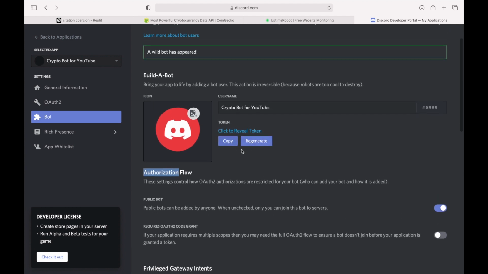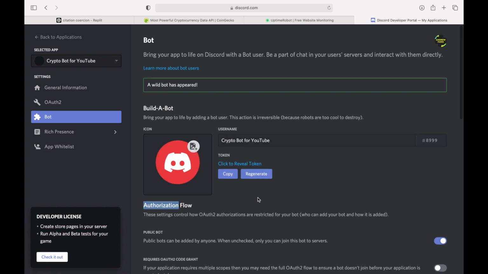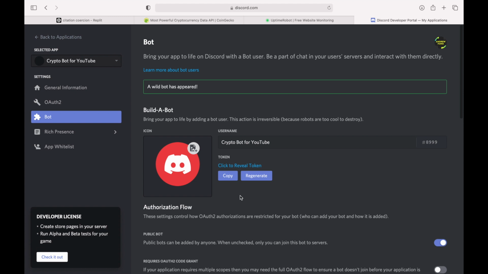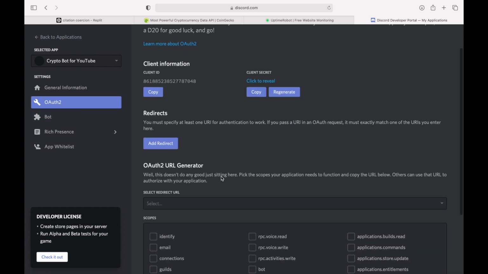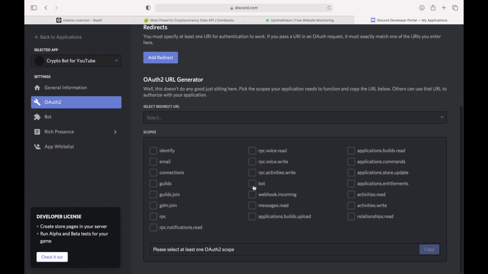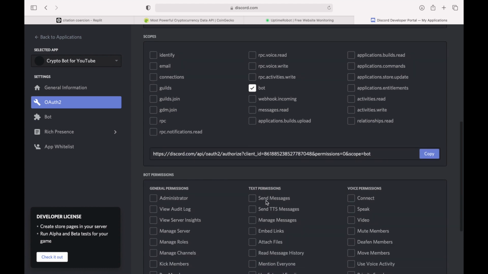Okay, so this is the main information, private information for your bot. Please don't share this to anyone that you don't trust, because they might be able to mess up your servers if you granted them permissions. And moving on, let's go on to OAuth2 and let's click bot, and this will generate an invitation link for your bot to get into your server.